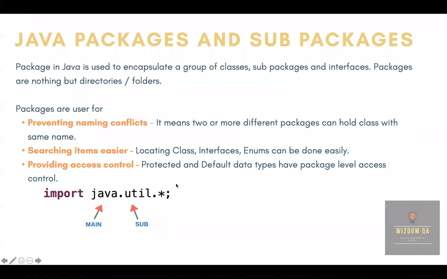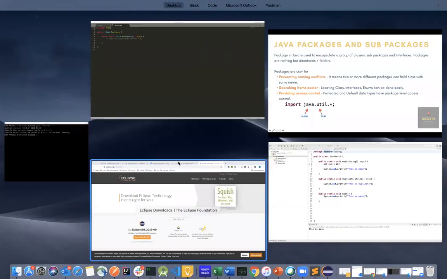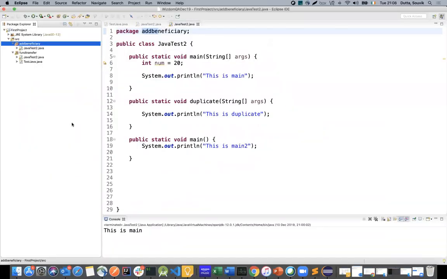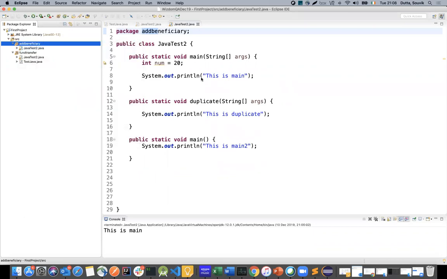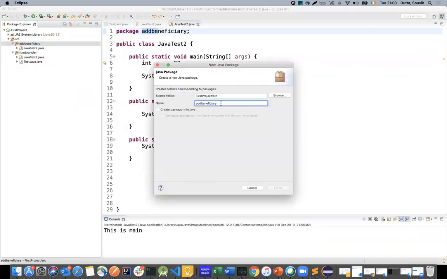Now, how can I create? Okay, the last option is saying providing access control. I will explain this option later on when I talk about the protected access specifier, but not now. You will be confused. So how can you create a sub package? Creating a sub package is very simple. All you have to do is say new package, and you can say add beneficiary dot,